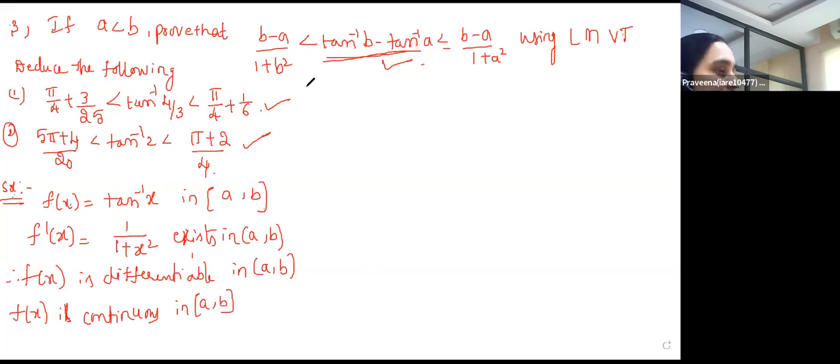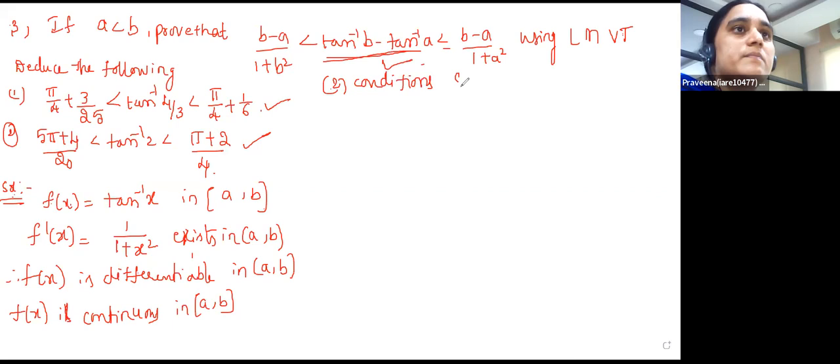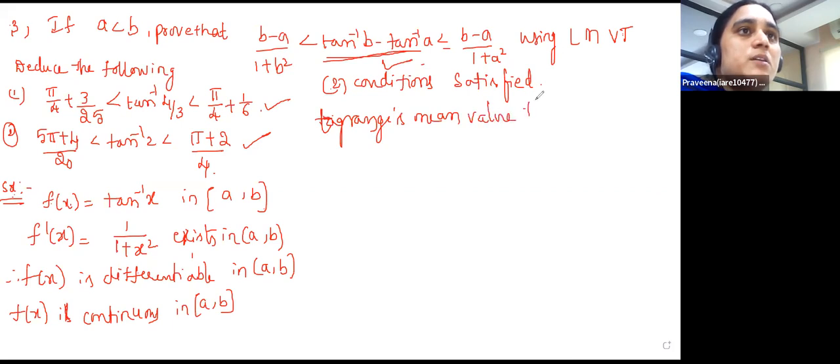Therefore the two conditions are satisfied. From that, by Lagrange's mean value theorem,